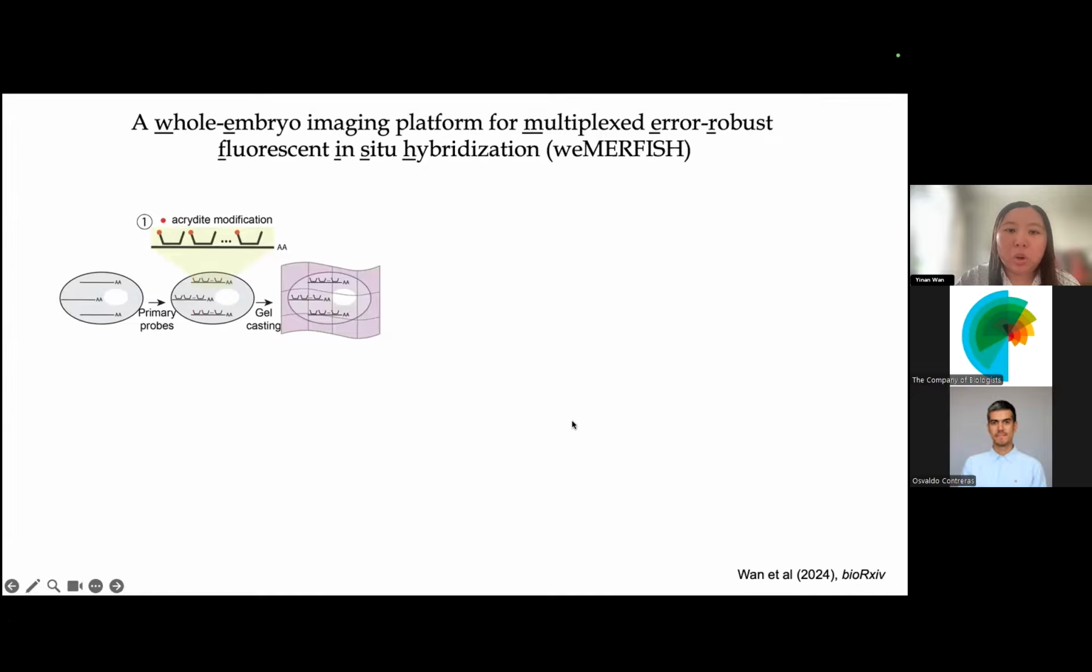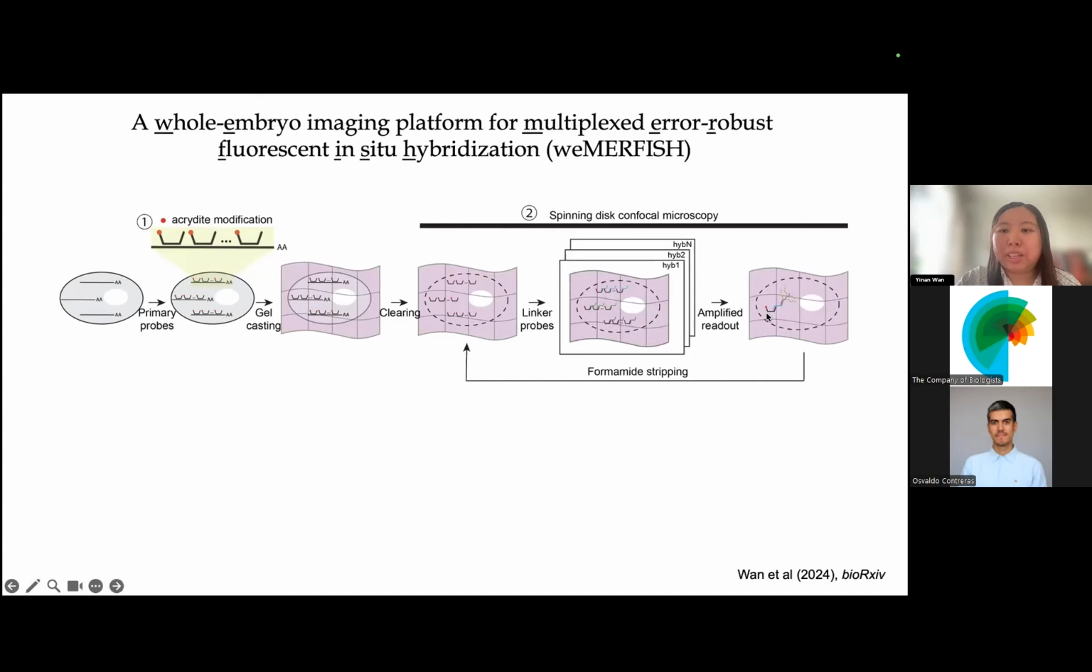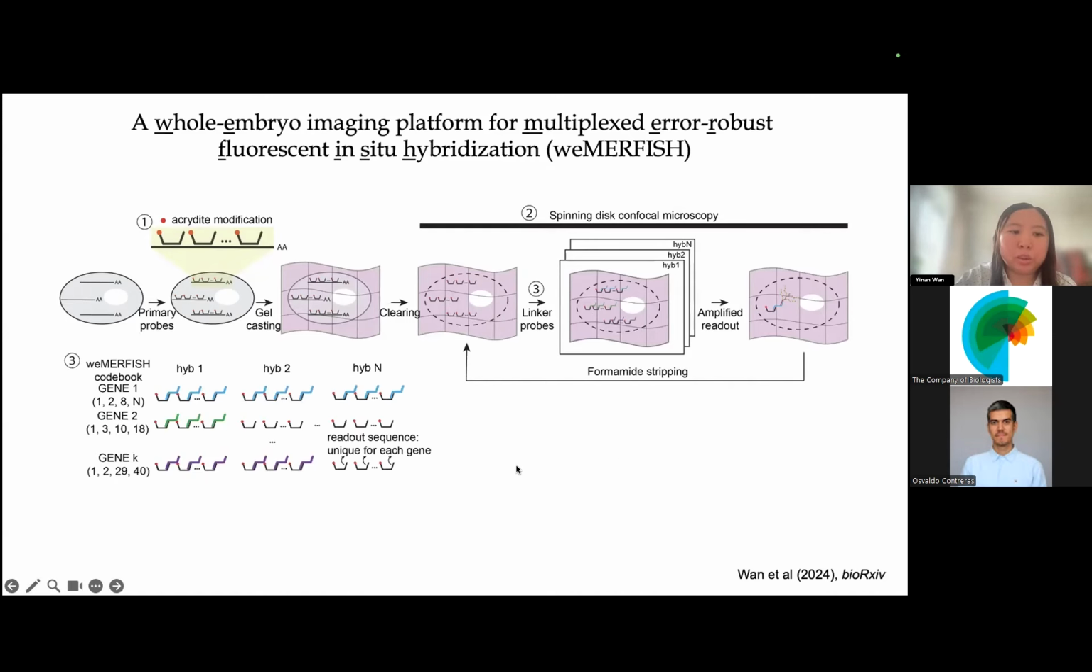Then we can clear away all the lipids and proteins in the system so it becomes very transparent. We mount the sample onto a spinning disk confocal microscope coupled with a microfluidic system so we can flow in the linker probes and fluorescent readout probes. We can either measure one gene expression pattern per round, or here we use the combinatorial approach called MERFISH, where instead of a single gene, we image different combinations of different genes, and based on single molecule colocalizations,